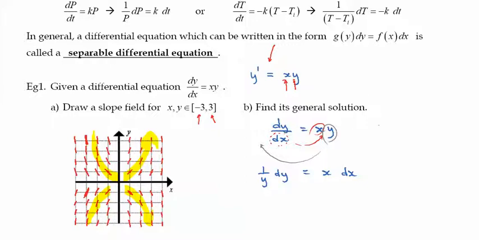And as I integrate both sides at the same time, on the left hand side we integrate this with respect to y, and on the right hand side we integrate this with respect to x. And of course every integration will involve a constant term. So as I solve for y, singling it out, we will end up with e to the power of 1/2 of x squared plus c, or more often, you will see the solution to a differential equation more like